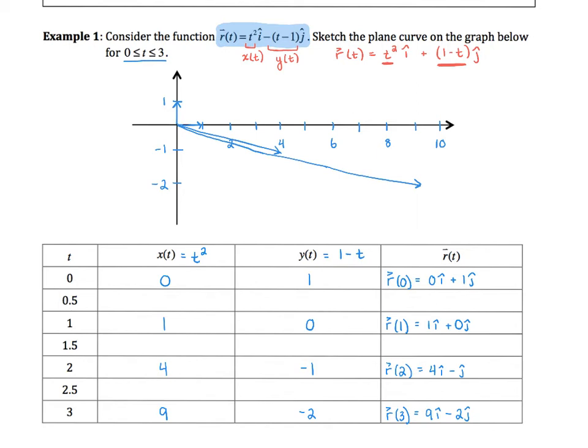How does this trace out a curve? Well, as you can probably see, each of these vectors locates a point on the coordinate plane. r of 0 directs us to this point right here. r of 1 directs us to this point. r of 2 and r of 3. And so when we connect the points that have been located by the different vectors, it traces out a